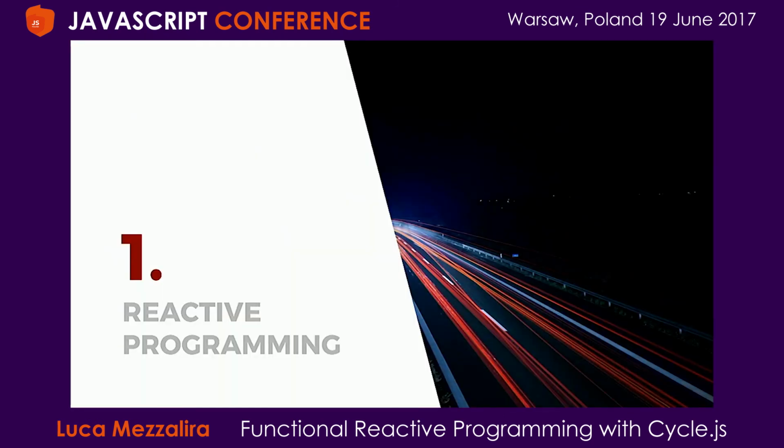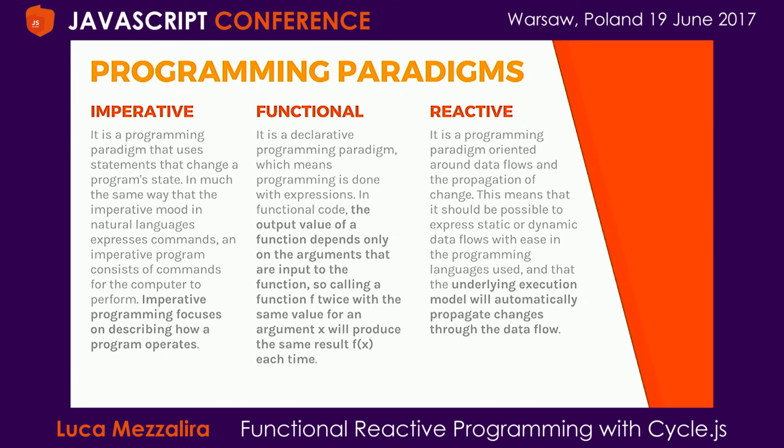So let's start with reactive programming. As you know, reactive programming is a programming paradigm. There are many of them out there. We got imperative programming, we got functional programming, we have reactive programming. So let's take a brief look at imperative programming. Imperative programming is usually the one that you get used to writing at the beginning as a developer, where you describe exactly what you're doing step by step. Think about a for cycle, where you are defining the name of the variable that you want to increase, which is the condition that you want to meet, what's happening inside the for cycle.